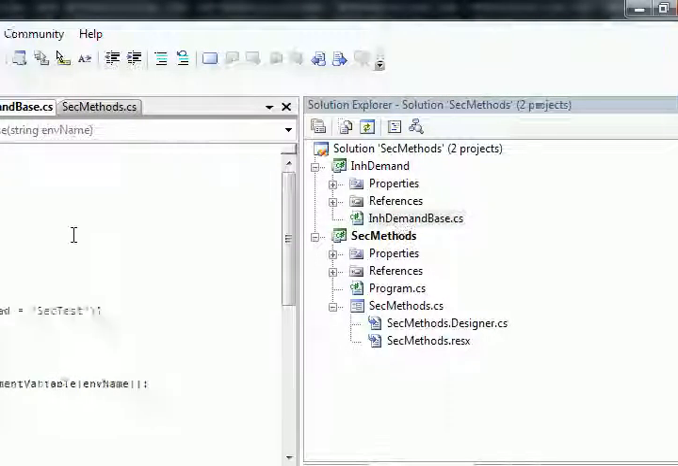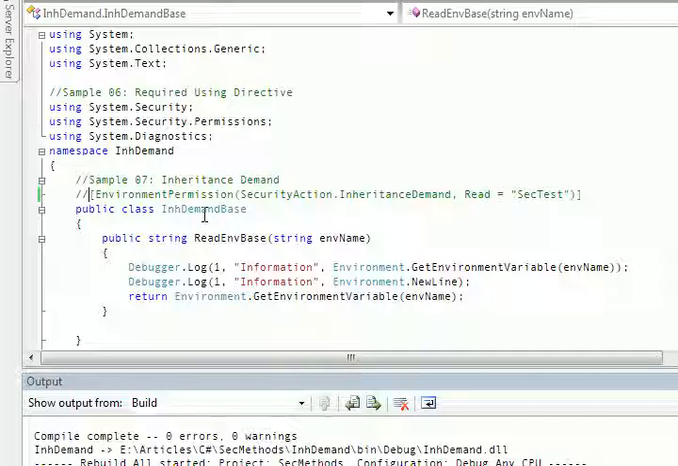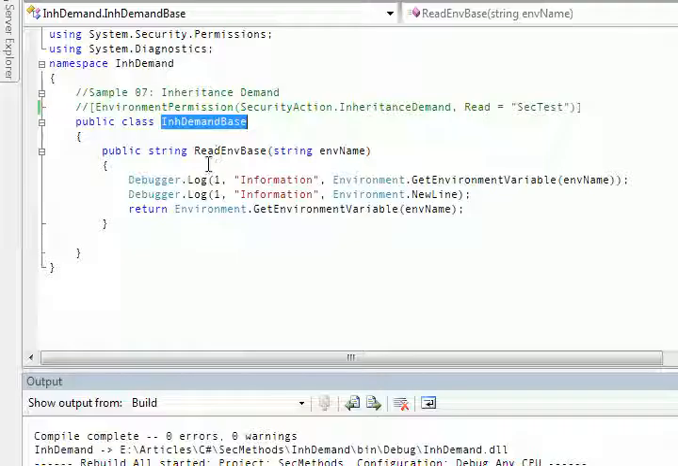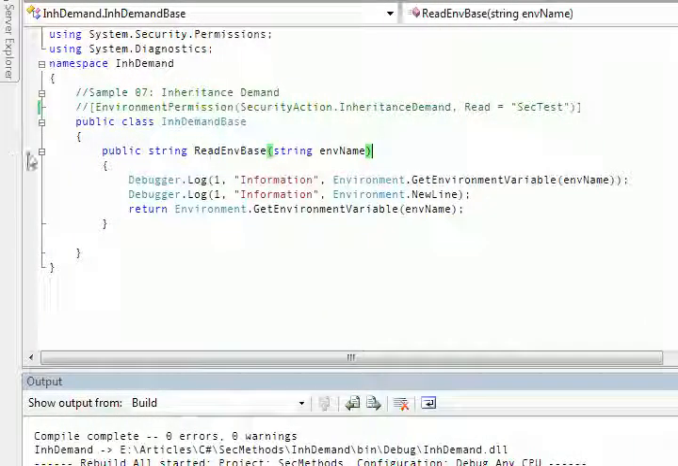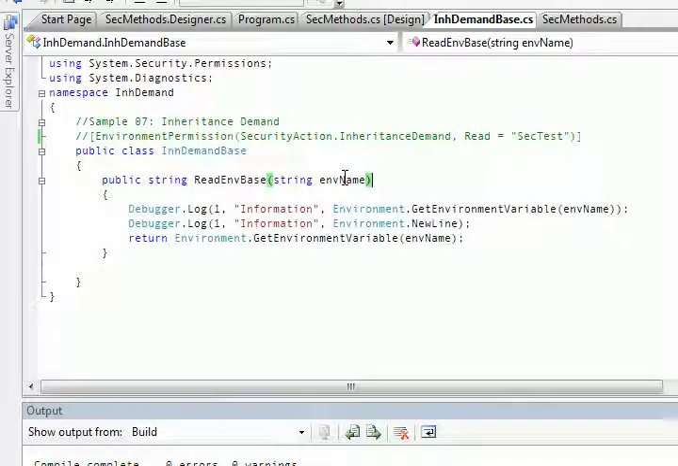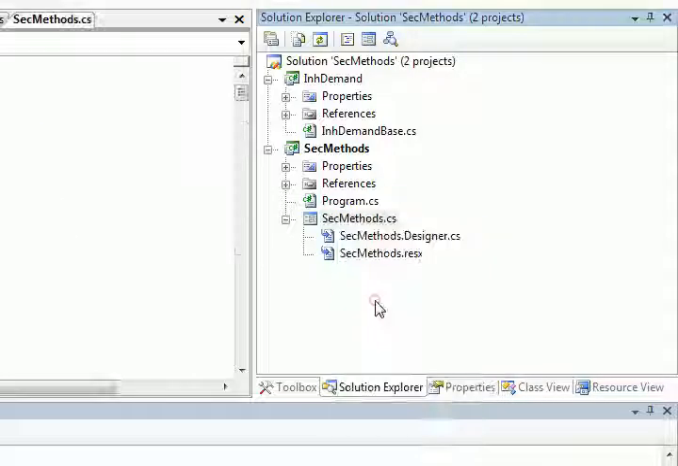In the INH demand base, we created a class called INH demand base, and this class has a method called readenv base, which puts some debugging text in the output window. At the same time, it is reading the environment variable. Environment variable name is passed as a parameter. So this is the base class, and here in the sec methods,